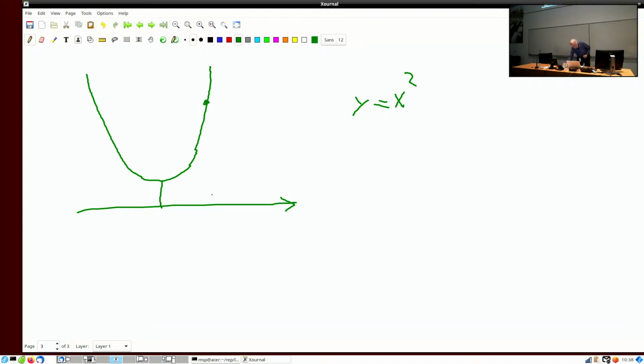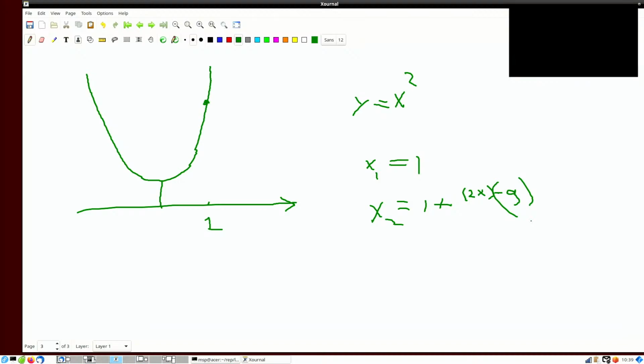And so, if we start at point number 1, my first attempt is 1. What's my second attempt going to be? Well, it's going to be 1 plus the derivative of this thing, which is 2x. Oh, I guess I should subtract, and then I'm going to multiply that by some negative gain. In fact, obviously the negative gain should be 1, shouldn't it? Shouldn't you just multiply the slope downward by 1, just go 1 step in the direction that you want to go? Well, if you do that,